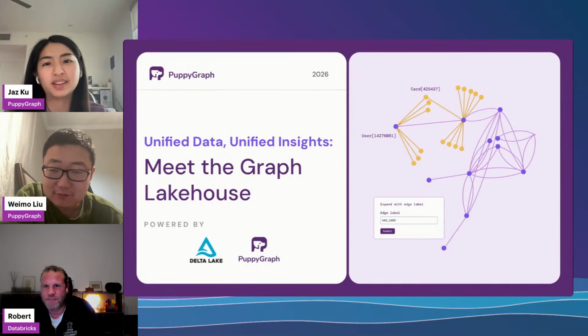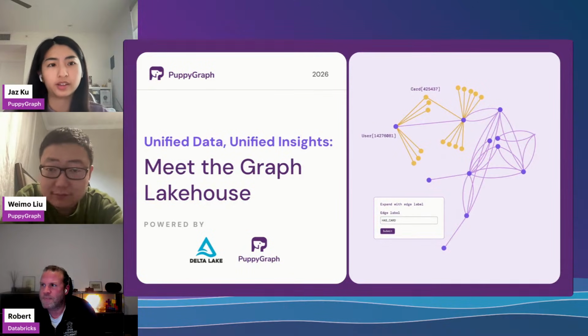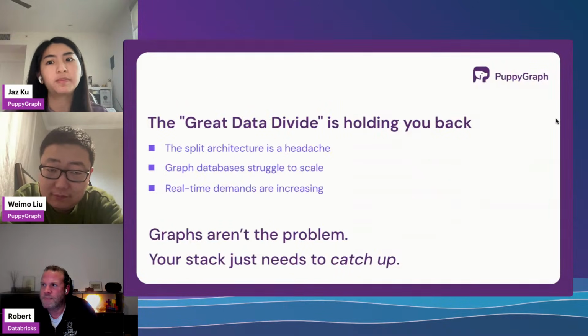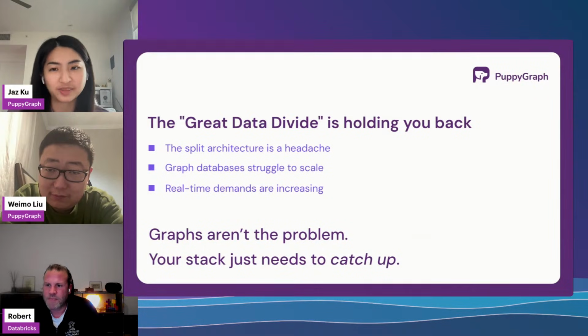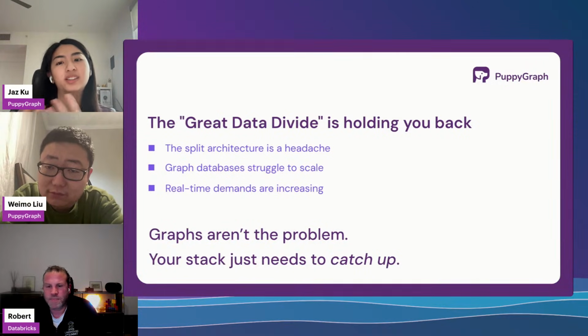Yeah, and so the big thing about that is that currently graph databases require you to load in your data separately, and it's creating this great data divide that I think is holding back the data stack. Because as you correctly mentioned, graph workloads are gaining popularity. And as people move towards this data lakehouse architecture, they can plop on their SQL engine like Spark or Trino and run their SQL analytics as per usual. But they can't really do that for graphs.